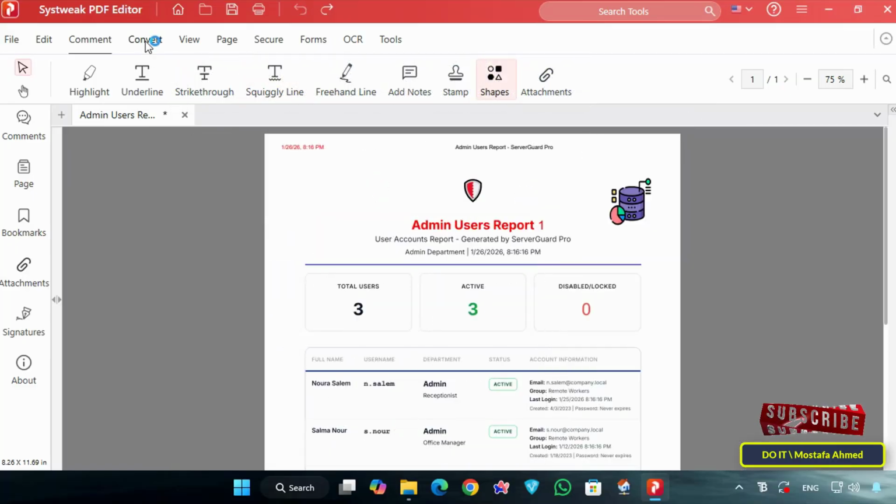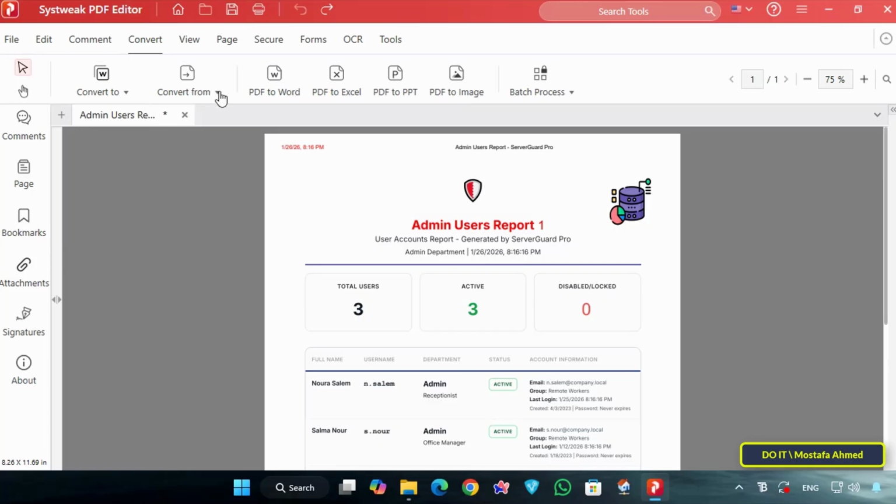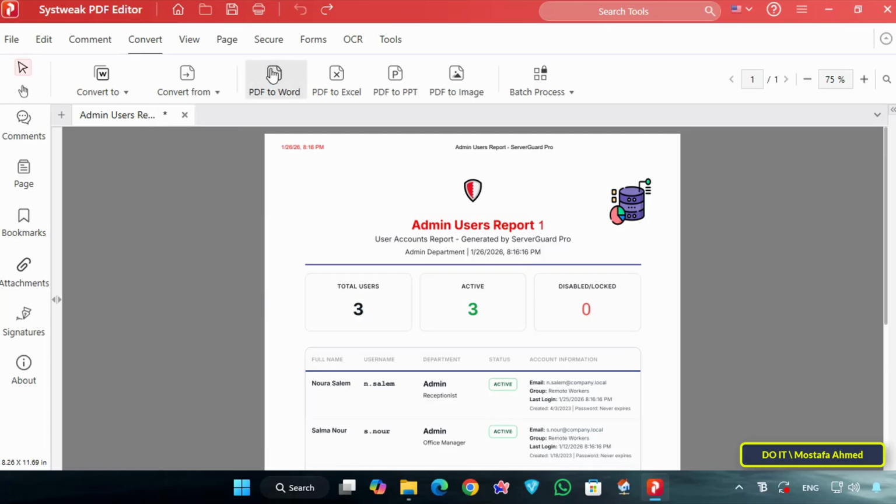And when you click on the Convert tab, you will find two main features, Convert To and Convert From. Under Convert To, you can instantly turn your PDF files into other formats like Word, Excel, PowerPoint, images, plain text, HTML, and EPUB. Under Convert From, you can do the exact opposite by changing files like Word documents, Excel sheets, PowerPoint presentations, images, HTML web pages, or even direct scanner feeds into a clean PDF format. This means the application gives you total flexibility to smoothly convert your files to and from almost any popular format